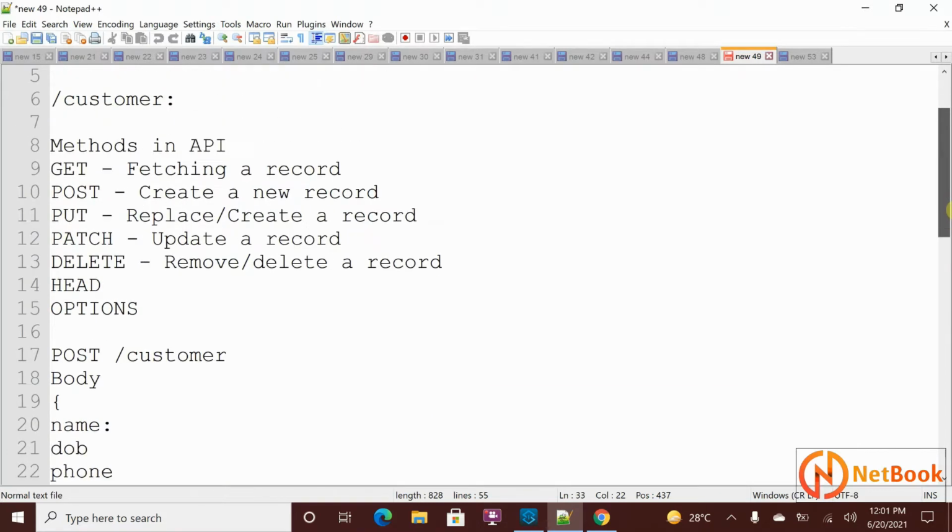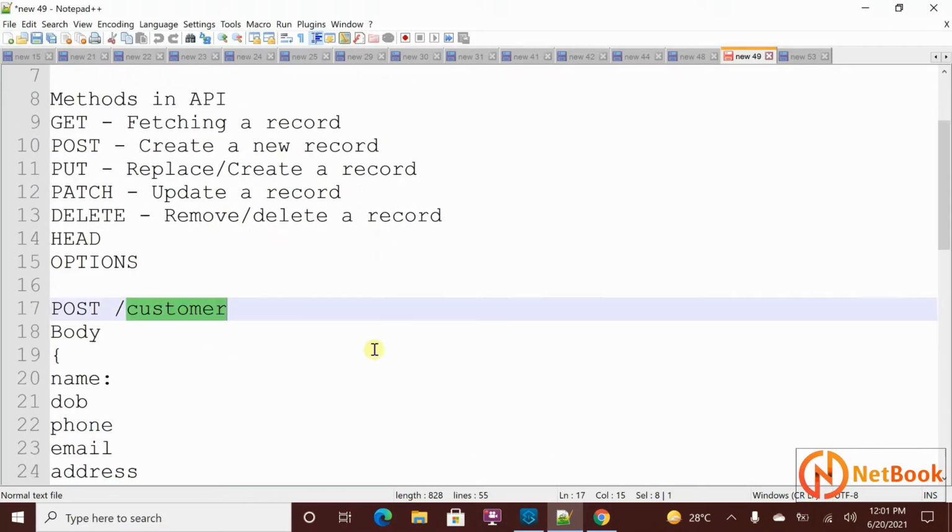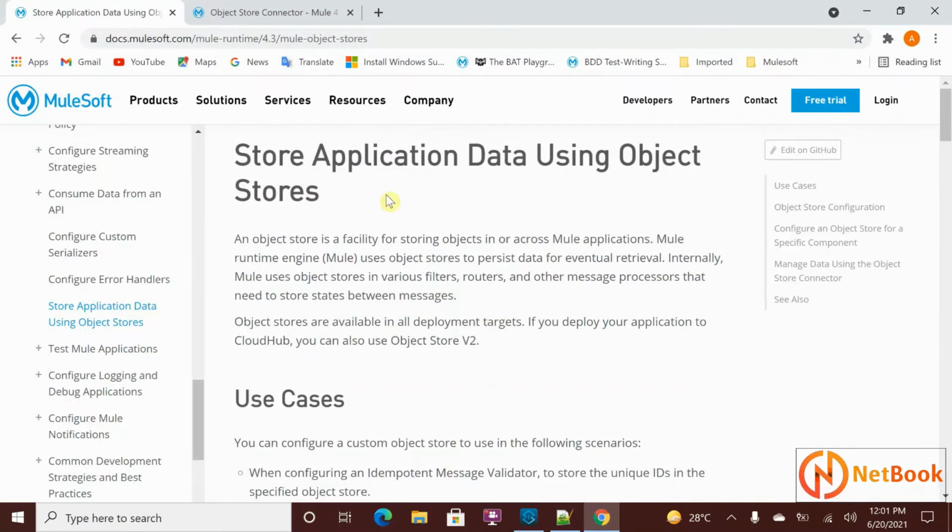When I say creating a customer, as soon as the request is received, I'm going to generate a customer ID and store the customer data. Where am I going to store it? I'm going to store it in an object store in Mulesoft. You should know what an object store is. The object store is used for storing objects, the data, and accessing that data across multiple